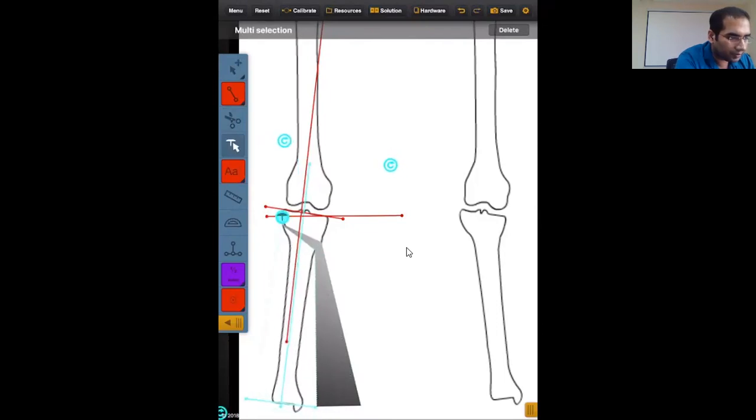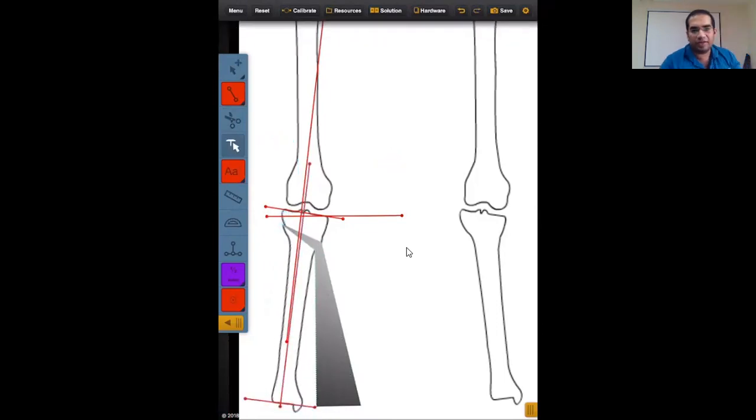Okay, I've corrected the deformity because the apex of my osteotomy was very close to the original hinge point. There has not been much translation. I can simply fit it with a cortical strut graft and then apply a normal plate over here, a T plate. Okay. So this is by Rule 2 osteotomy.